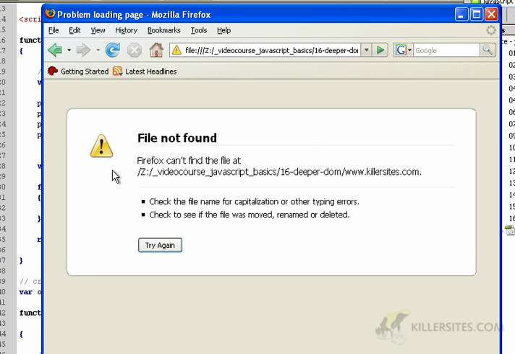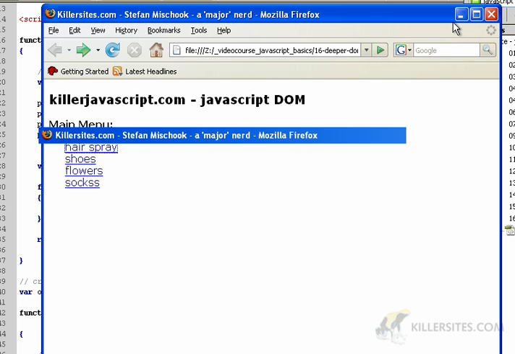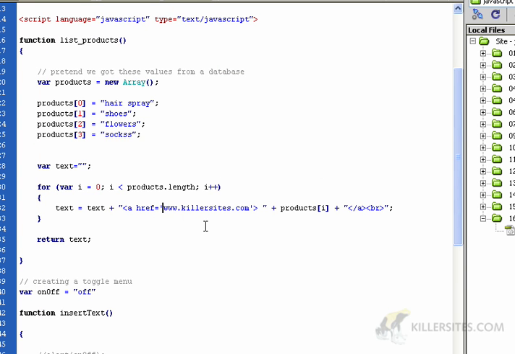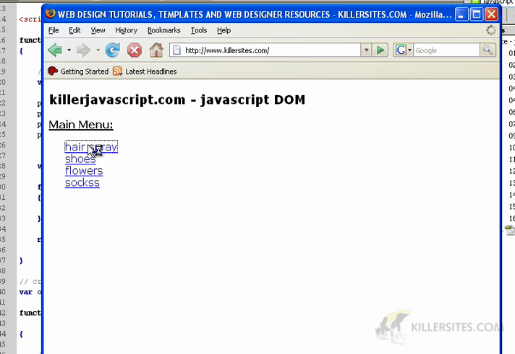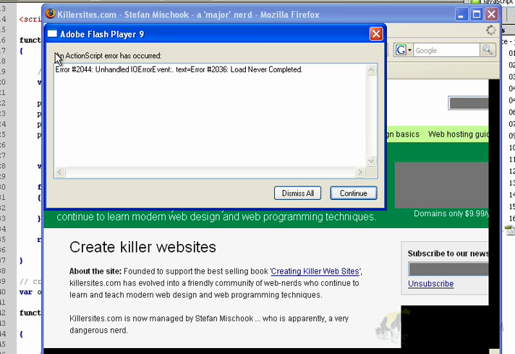Now if I click on a link, it doesn't take us to where we want to go because I didn't put HTTP in front. So just for the sake of being complete, all right, let's refresh that. There we go. That will take us to where we want to go. So as you can see,